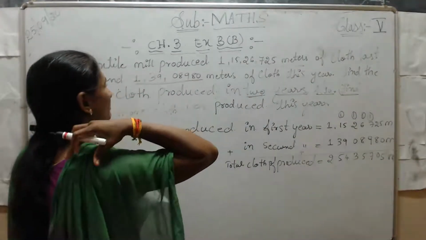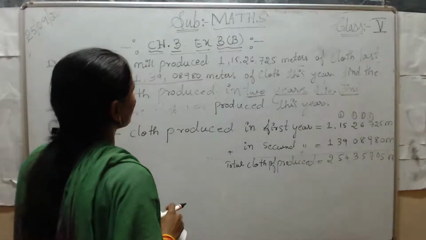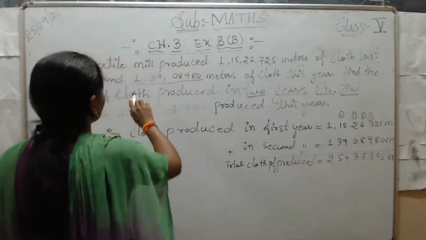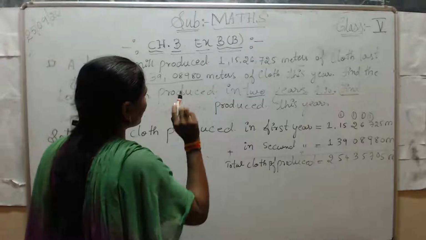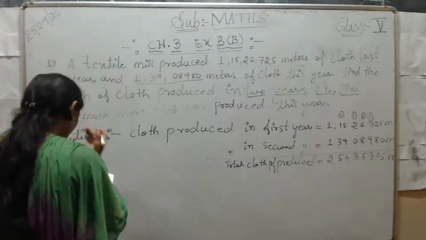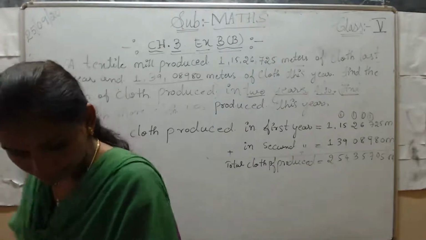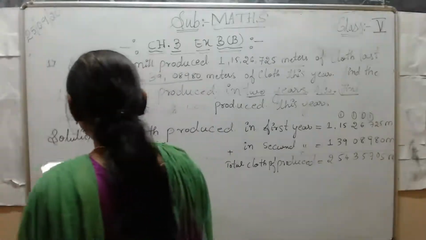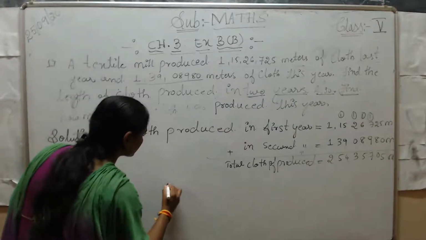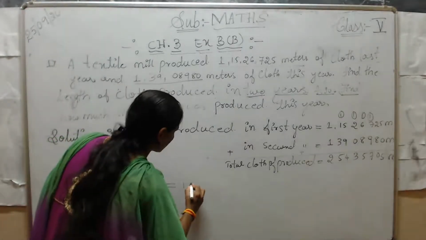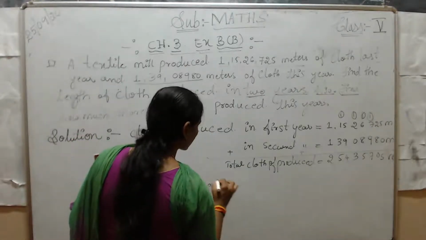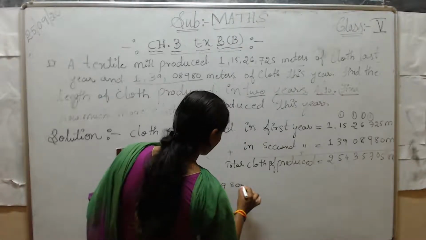You know, students, compare which number is more, and you have to write that first. Yes, this year is 1 crore 39 lakh, but last year is 1 crore 15 lakh. So now subtract next. The extra cloth produced in this year, you have to subtract: 1 crore 39 lakh 8,980 minus